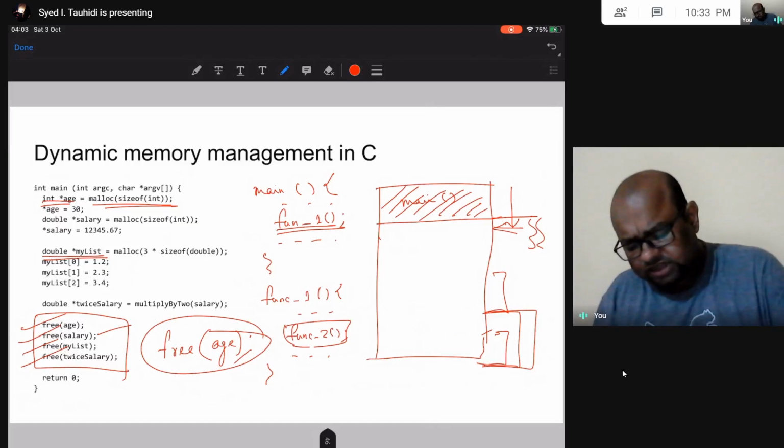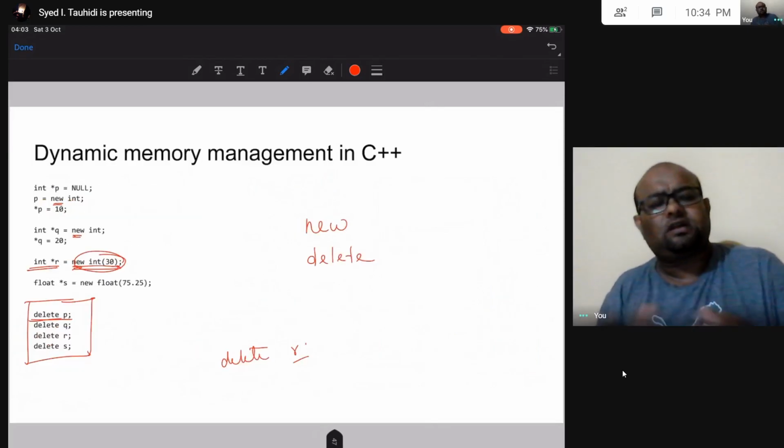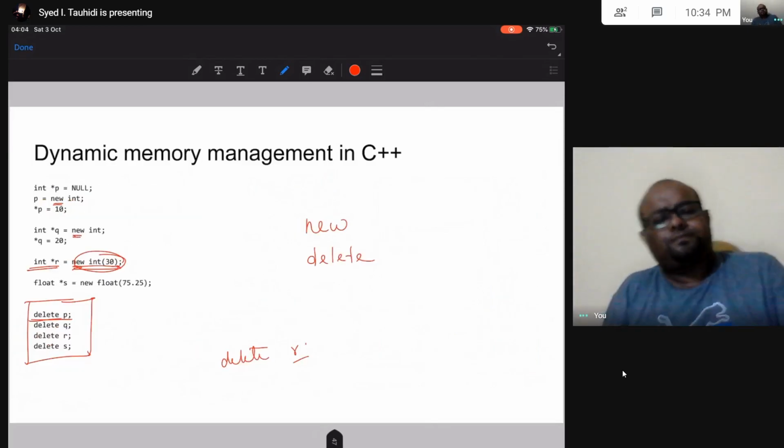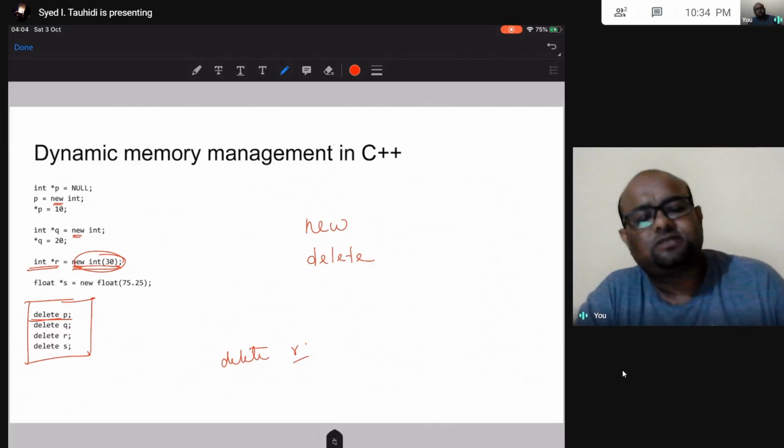So this is how we free up the heap, and that malloc and free we talked about were used in C. Okay, but in C++ we can still use malloc and free like we did in C, because C is a subset of C++.